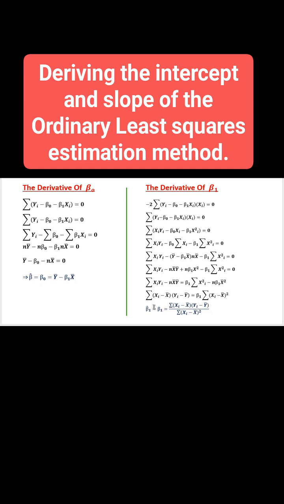So you would want to make your beta 1 the subject of the formula, and then you would have beta 1 is equal to sigma (xi minus x bar) into (yi minus y bar) divided by your sigma (xi minus x bar) squared, right? So you will just be substituting what I have shown you and the rest of the equations, and then you would be getting your exact value. So this is how you get